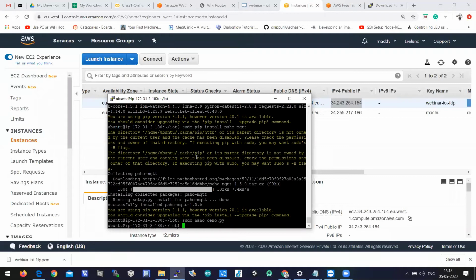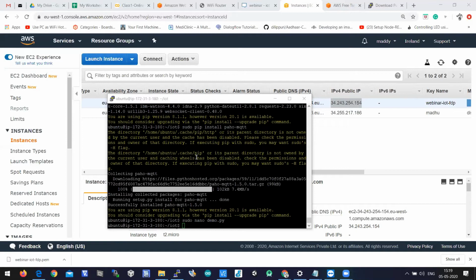Control key and X should be pressed together. Then it will ask yes or no to save the file. Press Y and hit enter. You'll get a prompt asking whether to save the file or not; you need to press Y and hit enter. Have you all exited from the Nano editor? When you're using the Nano editor for the first time, you may get confused with Control plus X, pressing Y and hitting enter.